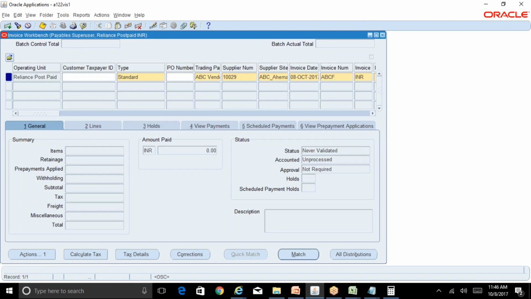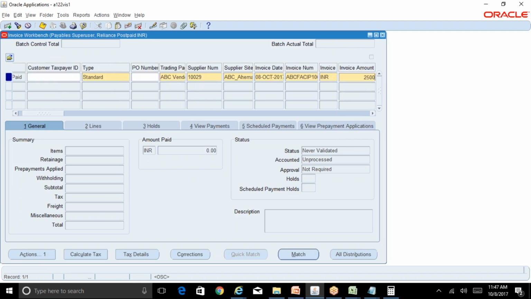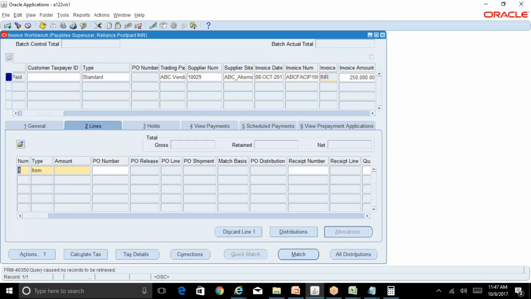So I'll say ABC FA CIP 100, some 250,000. Go to lines, 250,000. Go to distributions,